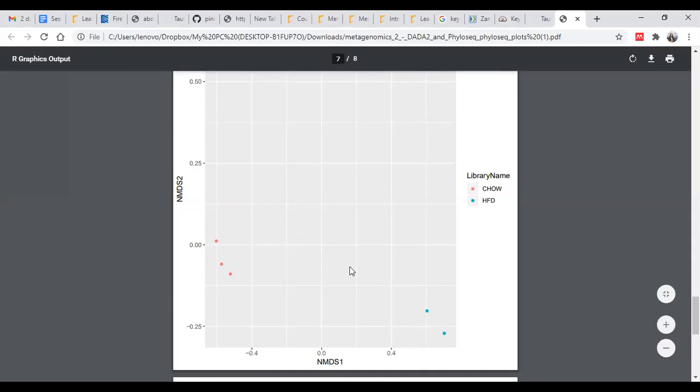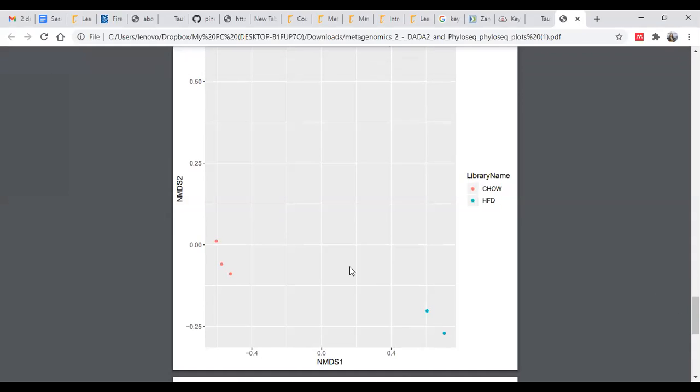Are you familiar with PCA, principal component analysis? Yes. So instead of PCA, here a similar kind of approach is used, that is NMDS.